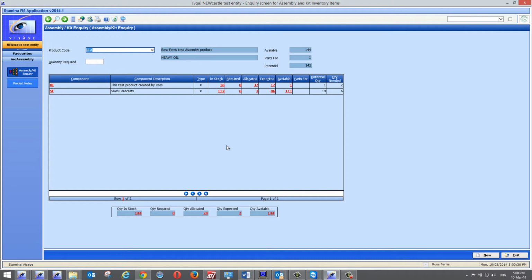For example, if someone was after 12 of these particular items, if I look at this screen as it stands, I could see that I could only make one. Now luckily I've got 144 in stock, but let's just say it said 0 in stock. Components are listed in production limiting factors first,